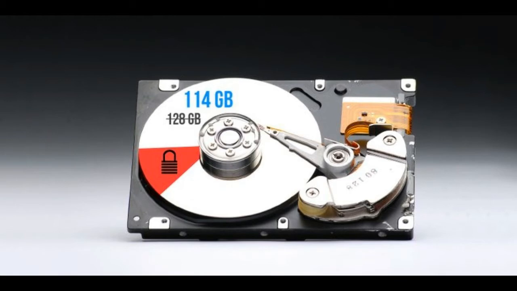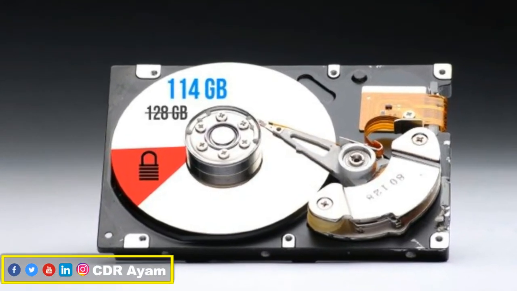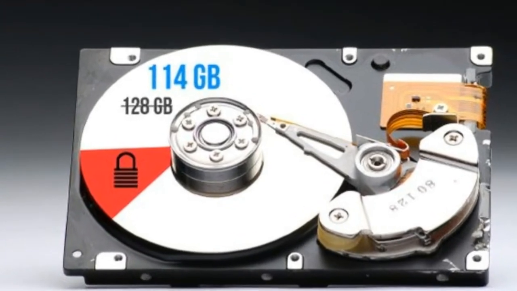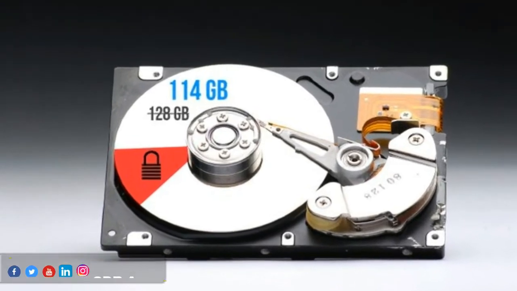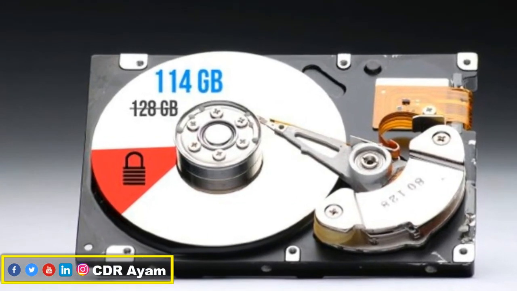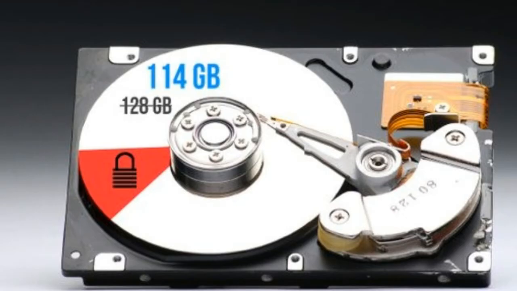For those who may not know, the hidden protected area of a hard drive or a storage device is the part of the hard drive that is often not easily accessed after formatting the hard drive of the storage device for the first time. So it's due to the hidden protected area on a storage device like a hard drive that your 500GB storage device may be labeled 480GB after formatting your hard drive for the first time.